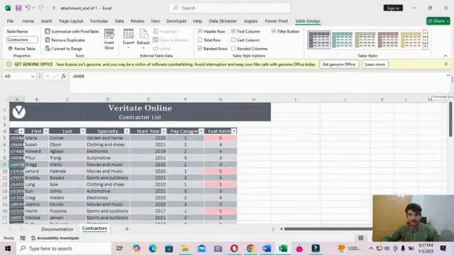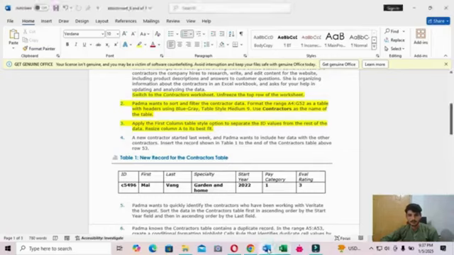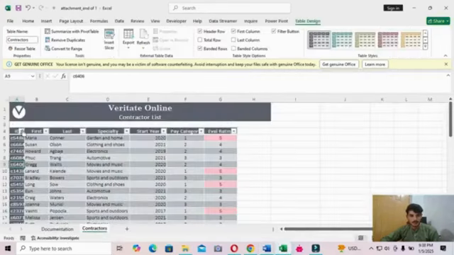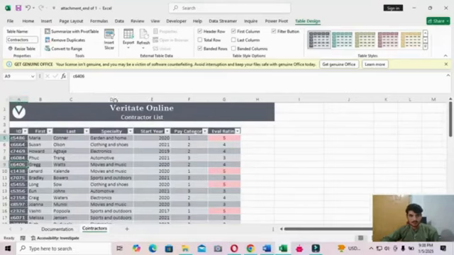Okay, and then use column A best fit. Okay.